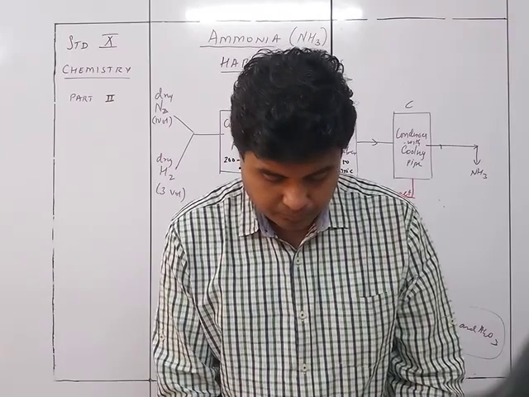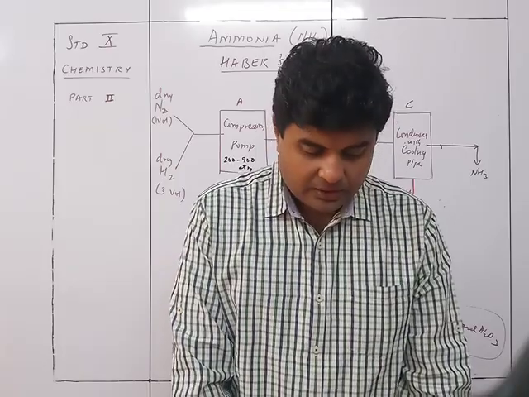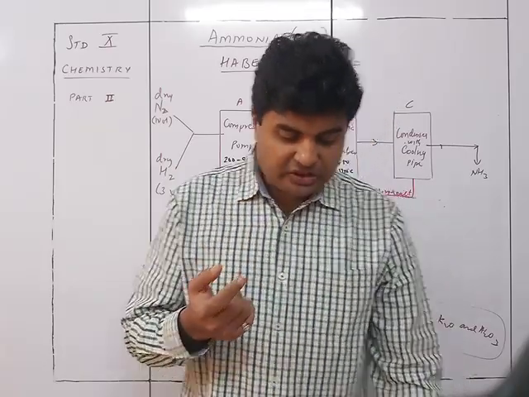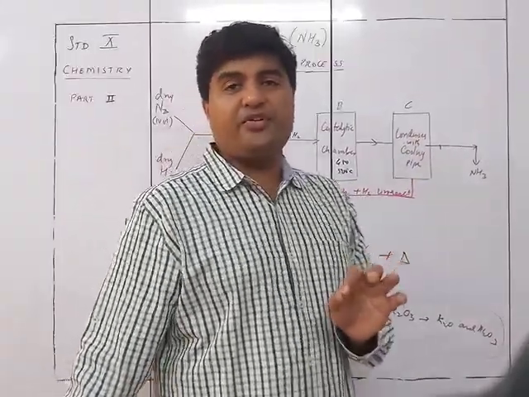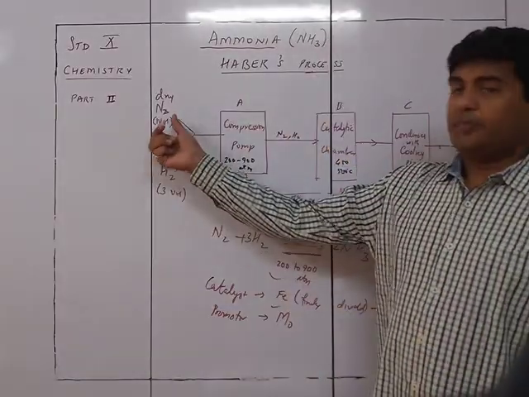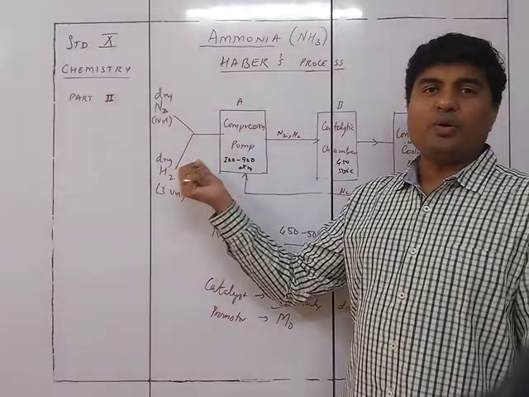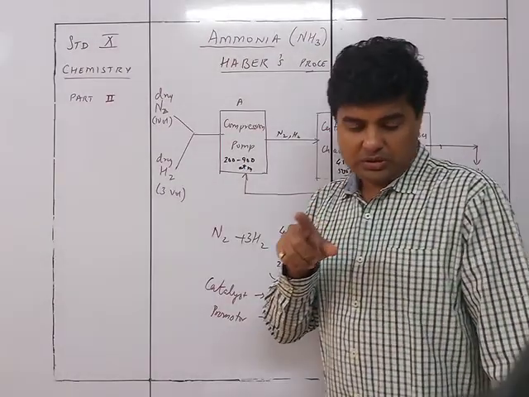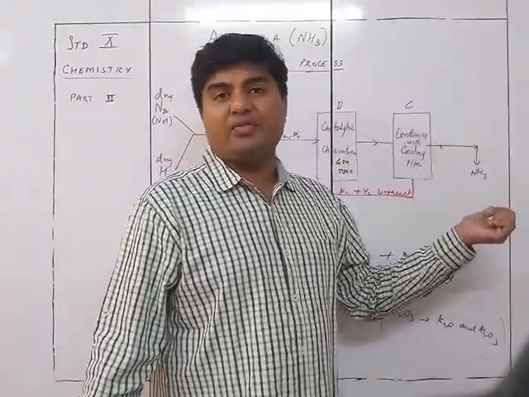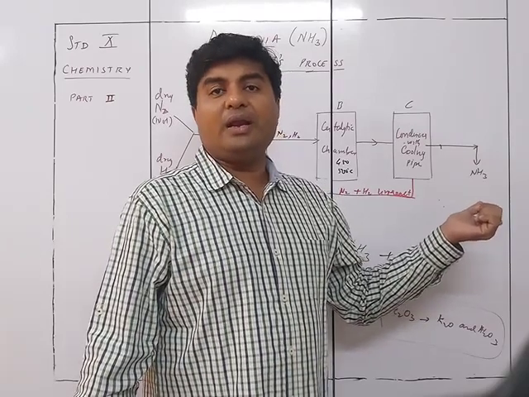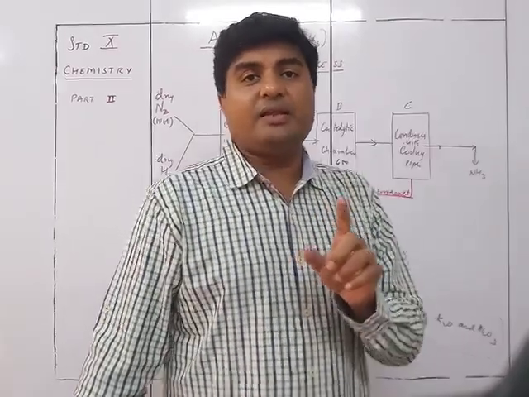So one thing which was given in the case of Haber's process is that the hot mixture which is coming out over here in the initial stage is only 15% efficient. Suppose I take 100 liters of nitrogen and hydrogen combined, I am going to get only 15 liters in the first stage. So the yield in one stroke is not very high in Haber's process. You are going to get a very low amount of yield, only 15% in the first stroke.